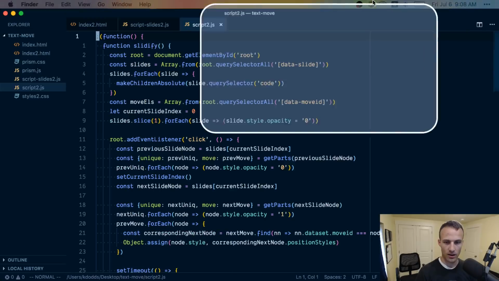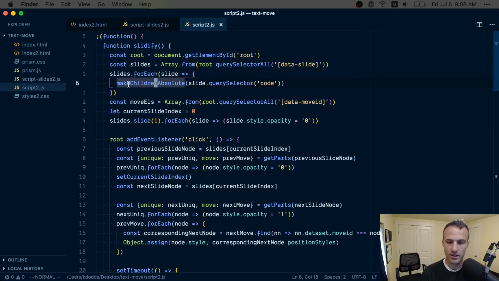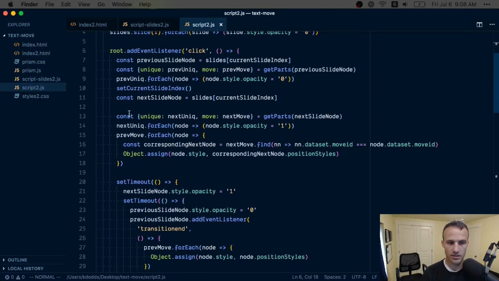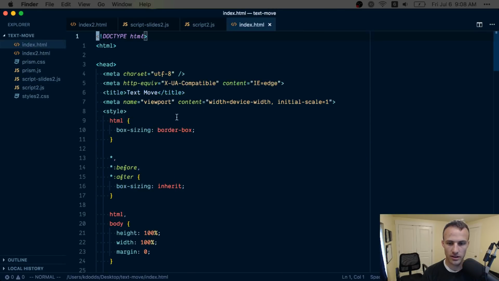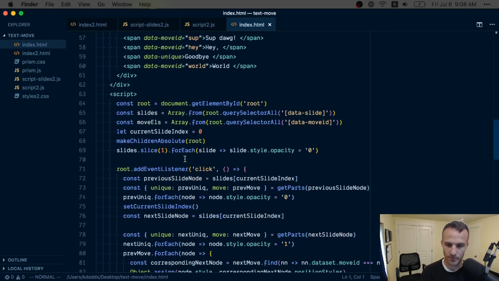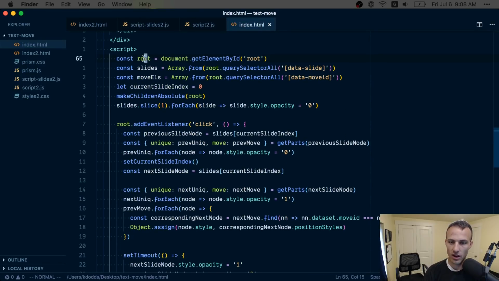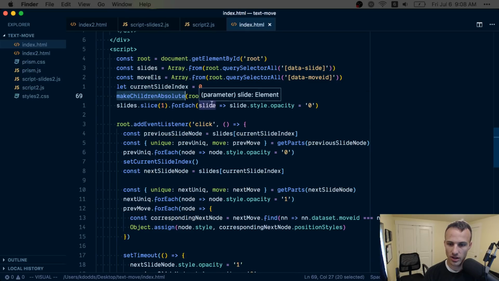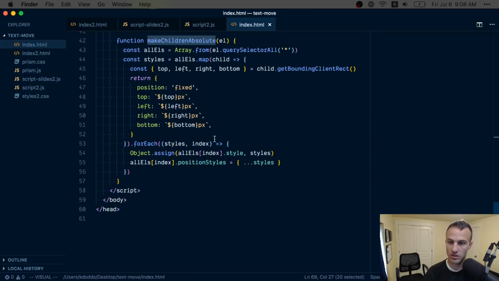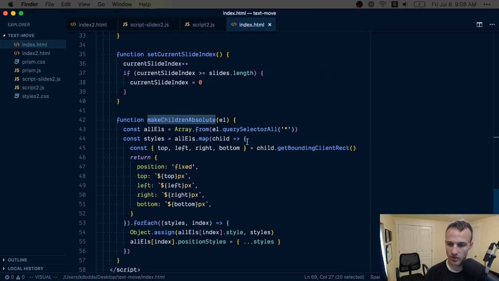We'll find out. Okay, so here it is. Actually, we're going to index.html. Okay, now it's nice. So we get our root, and then we get the slides and the move elements, and then we make children absolute. So this is where it started. I'll show you the differences in the final version. But I take all of the elements and I make them